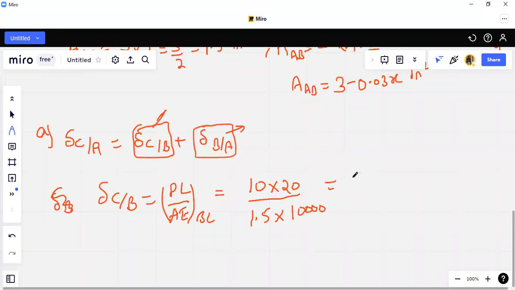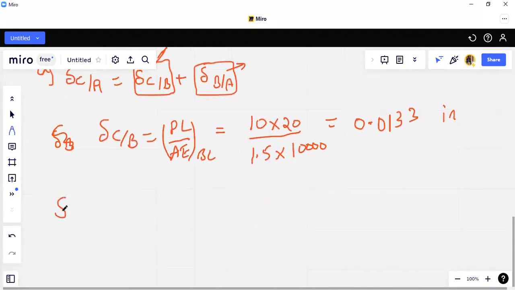So this calculation will become 0.0133, okay, this is in inch. Now we will move towards deflection calculation in BA. So this is the varying cross section, and for any varying cross section we use the integration. Okay, so using integration we can write P dx over AE, that is